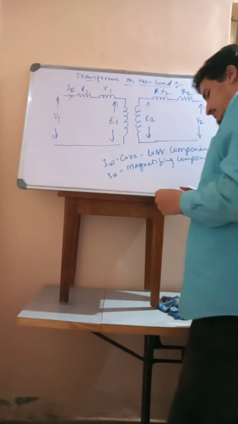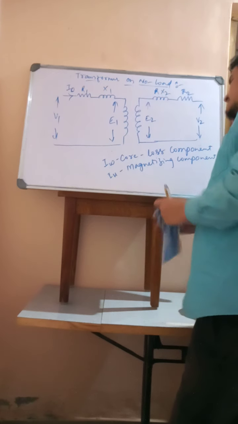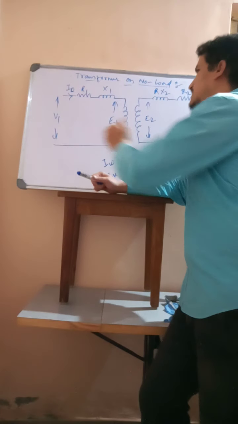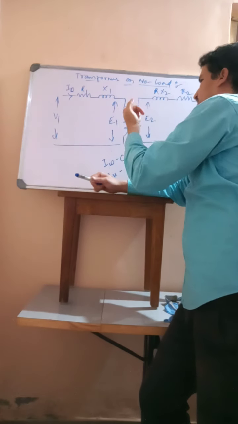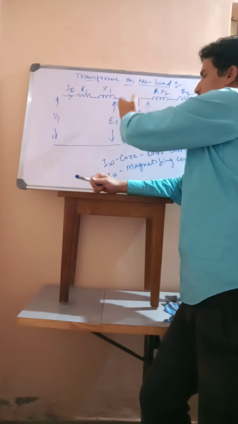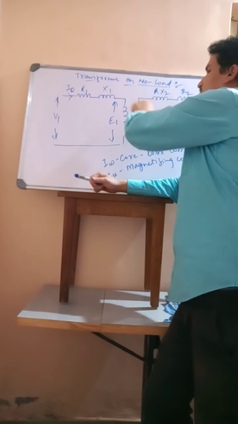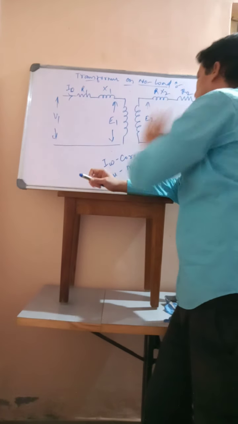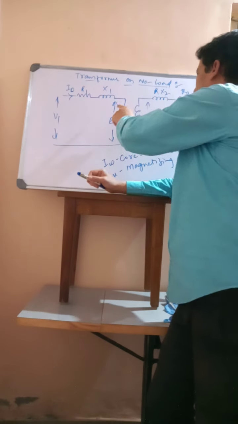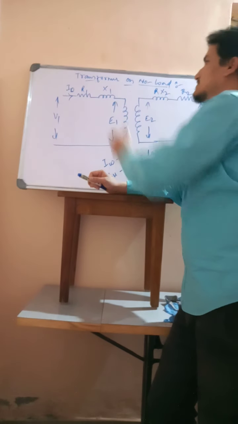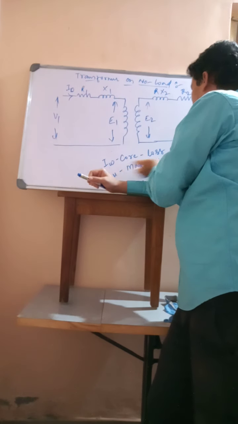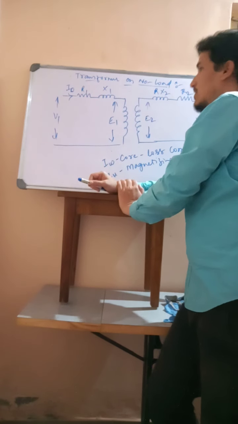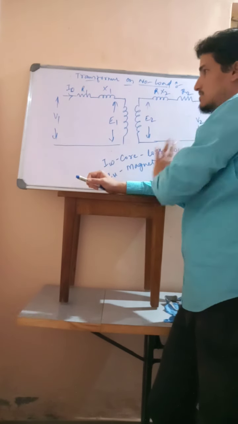Okay, so how does a vector diagram look? We shall write it. First we shall understand what process will happen due to this no load current that flows through the primary winding. This core will set up a flux. Due to that flux, the core is subjected to magnetization. The component of the current that is responsible for the magnetization of the core is I mu.